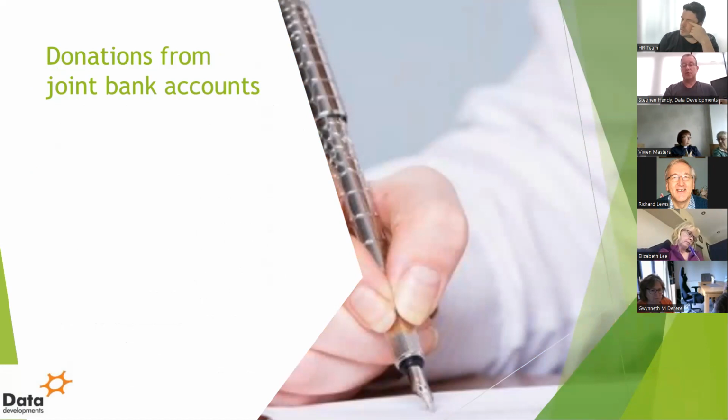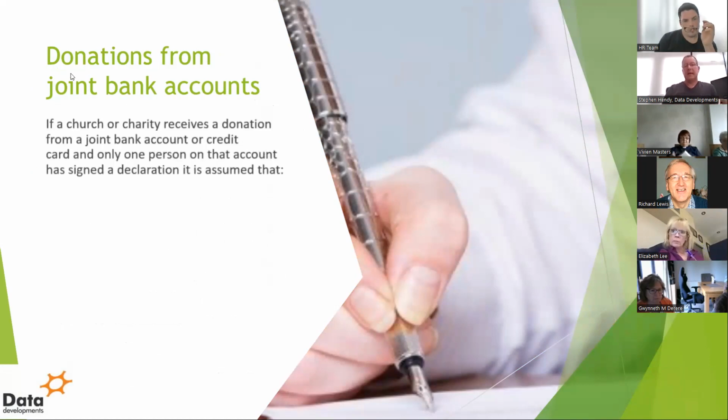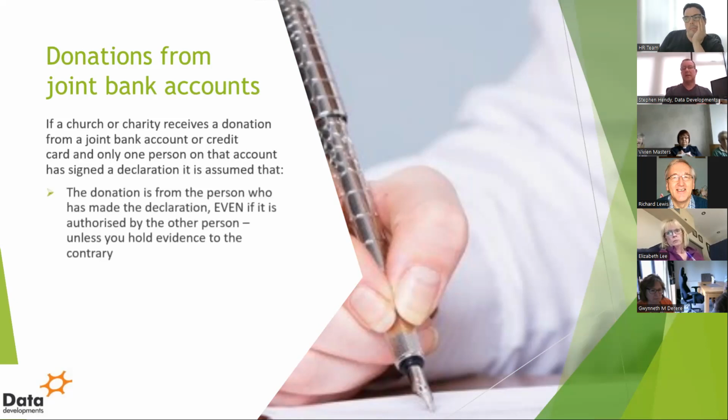Another one is donations from joint bank accounts. If a church or charity receives a donation from a joint bank account or joint credit card, but only one person on that account has signed a declaration, husband and wife, for example. So if my wife made a donation from our joint bank account, she signed a Gift Aid declaration and I haven't, then HMRC, who have been fairly relaxed with this, say it can be assumed that the donation is made by the person who's made the donation, even if it's authorised by the other person. So if it's a dual signed cheque, if my wife gave the cheque, we both signed it, it's got my name on it, I've signed it, that's still fine to assume it's come from the person